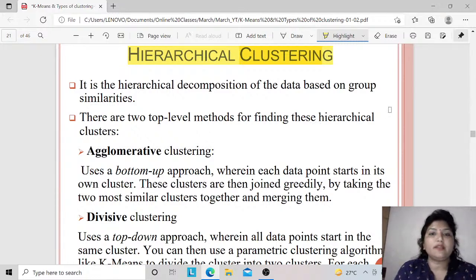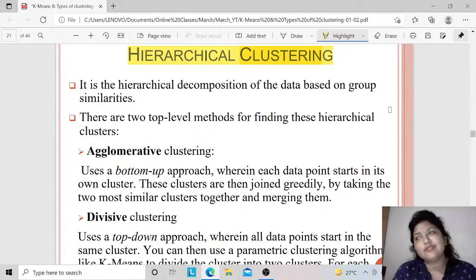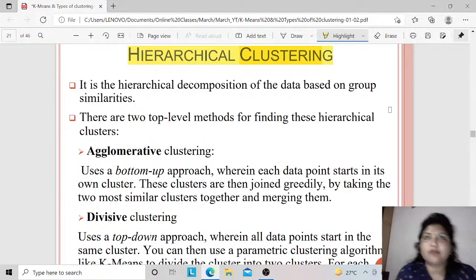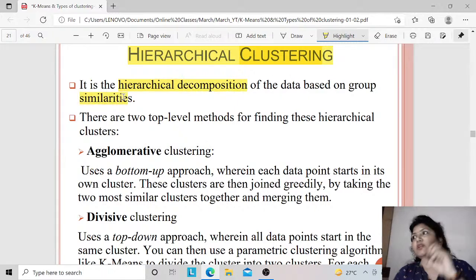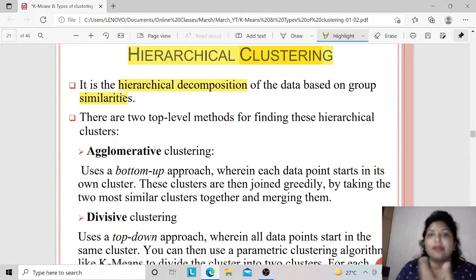In this clustering technique, we have already discussed the k-means technique, and today we are going to discuss the hierarchical clustering method. In hierarchical clustering methods, we have a hierarchy of clusters, a hierarchy of data points, and that hierarchy tells you in which cluster the data point is falling. Here we are using a hierarchical decomposition of data based on group similarities. If the distance between two data points is minimum, they might fall under the